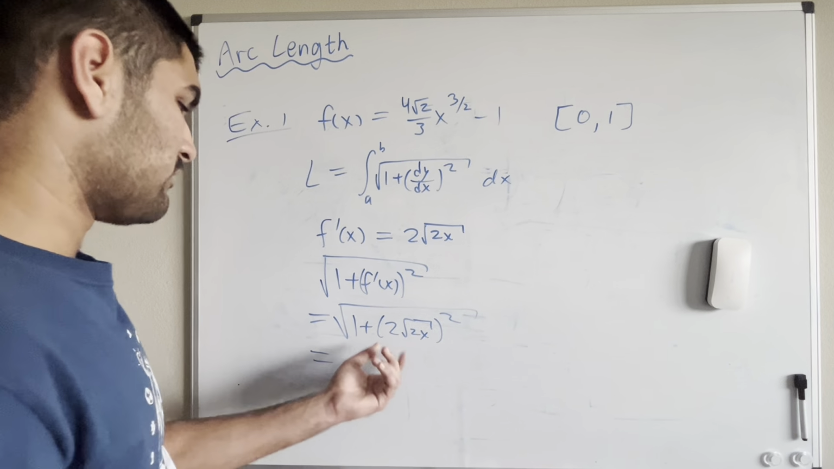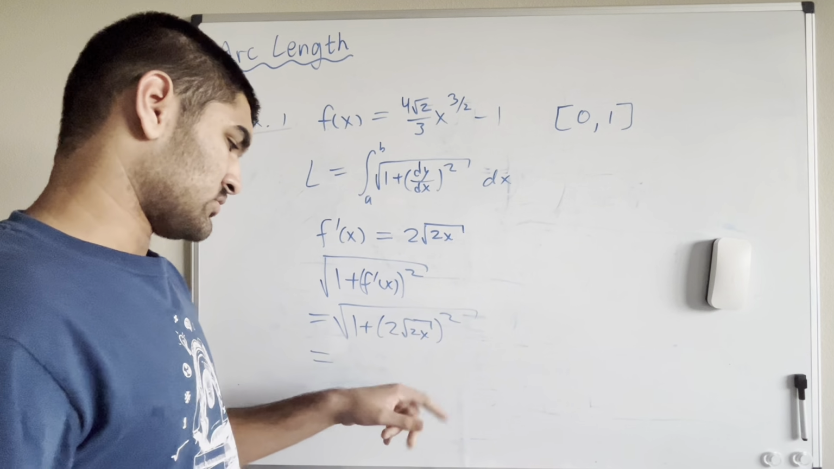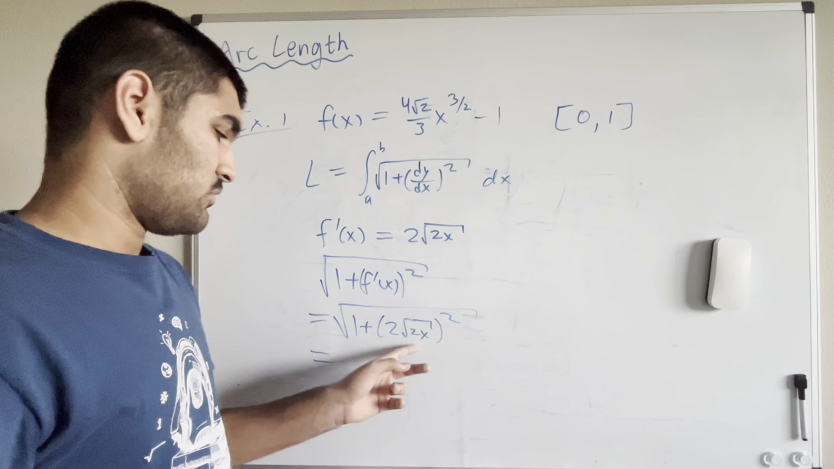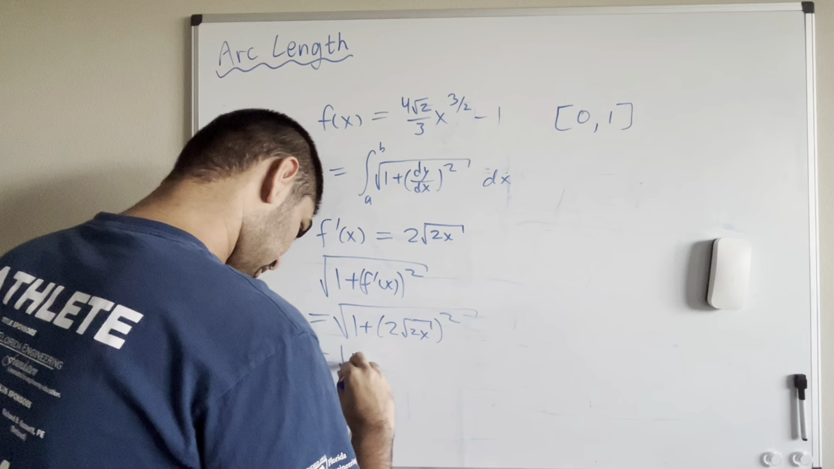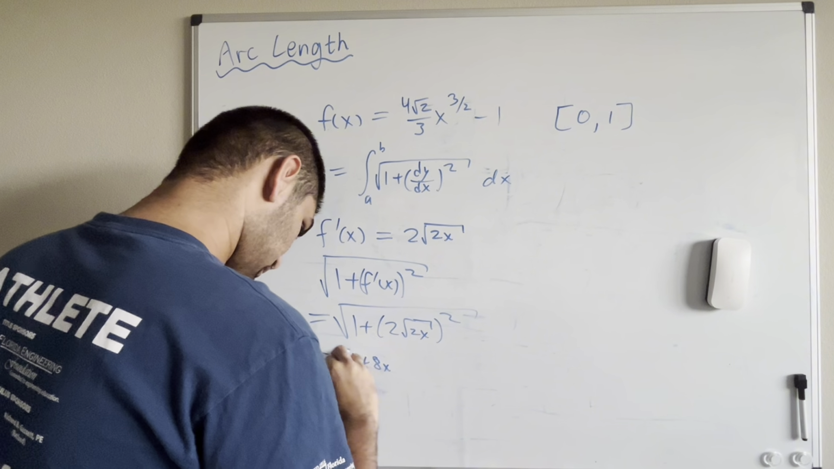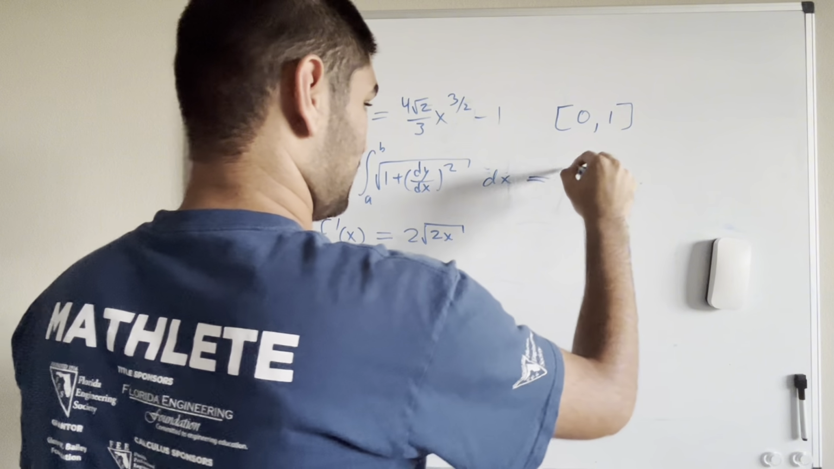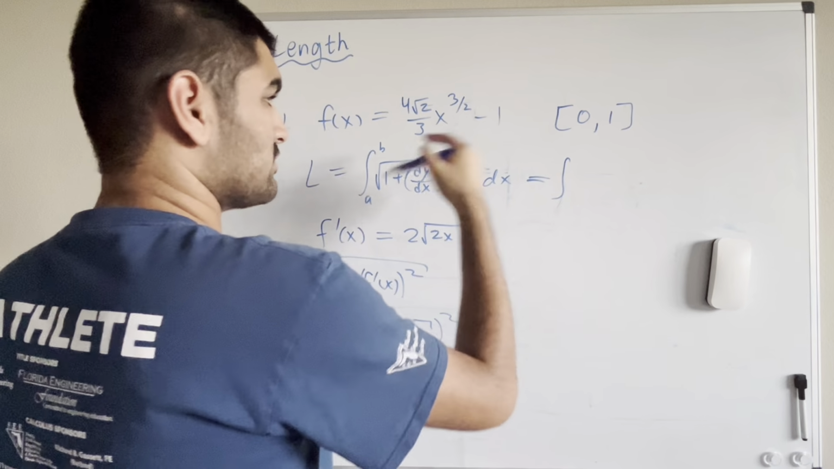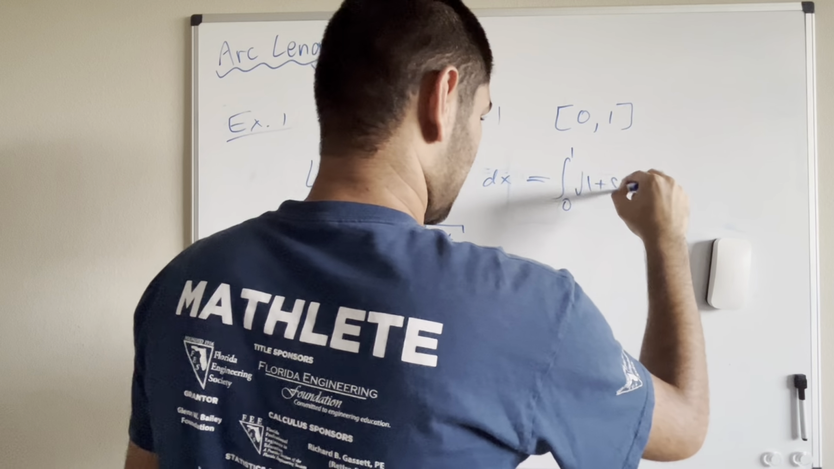So here we have 2 squared is 4, and then the square cancels. So we have 4 times 2x, which is 8x. So we just have the square root of 1 plus 8x. And this is what we're going to integrate, right? So we're integrating from a to b, so that's from 0 to 1, and we're integrating the square root of 1 plus 8x,